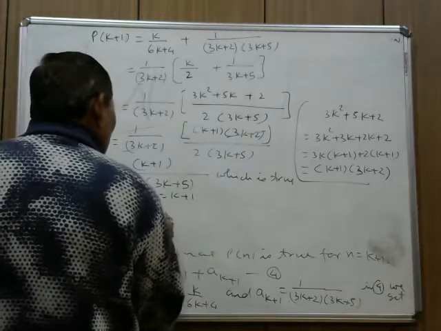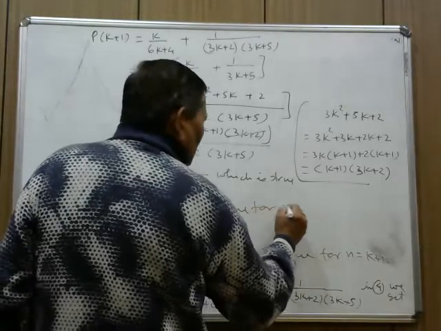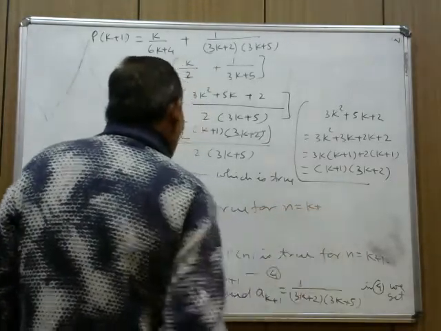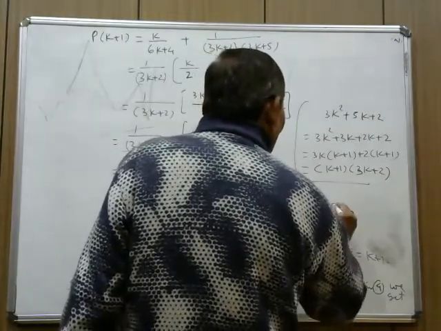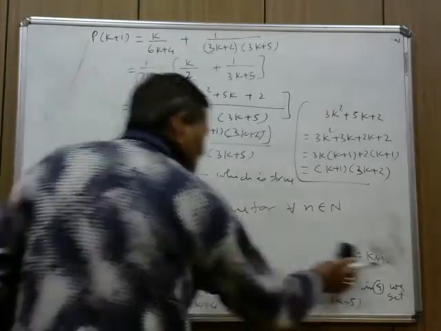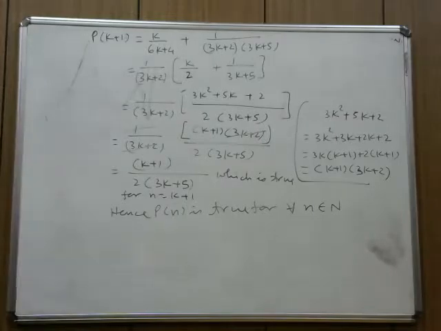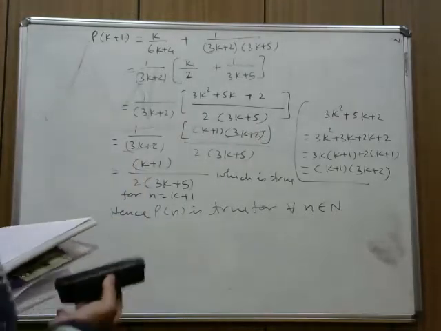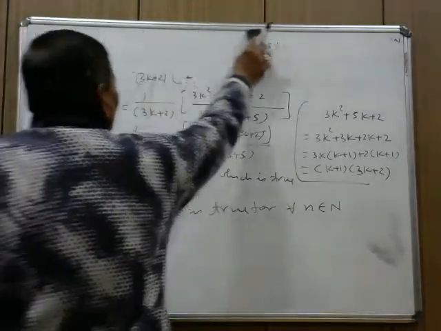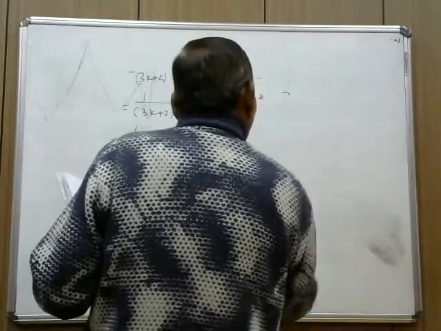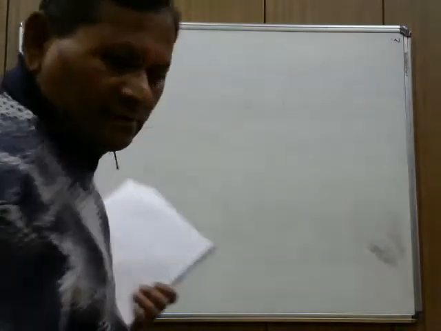Hence, Pn is true for n equals k, true for each n belongs to N. Now next, question number 10. Prove that